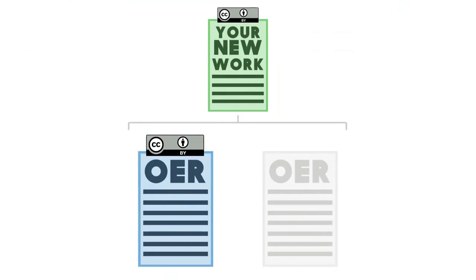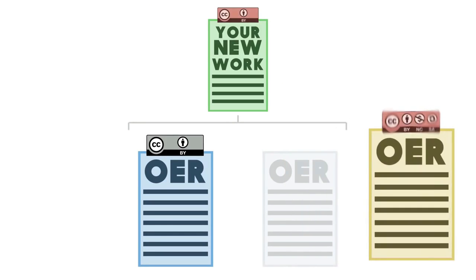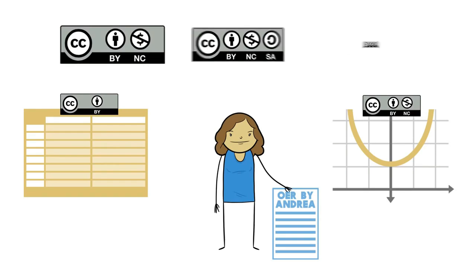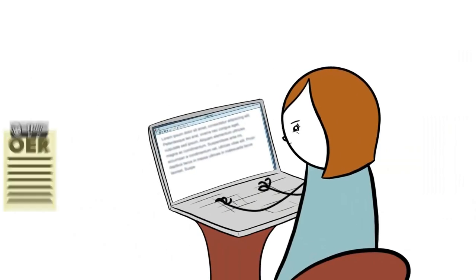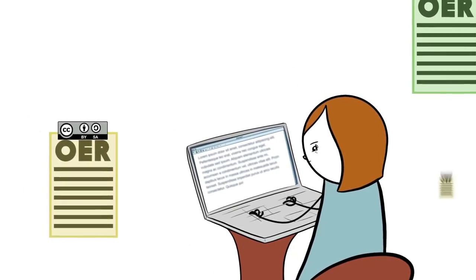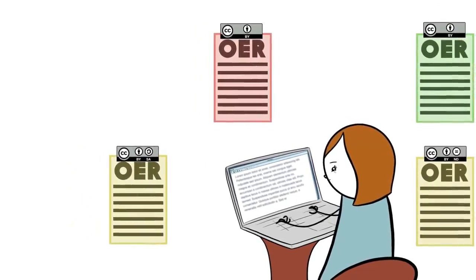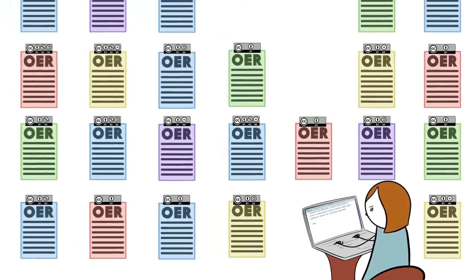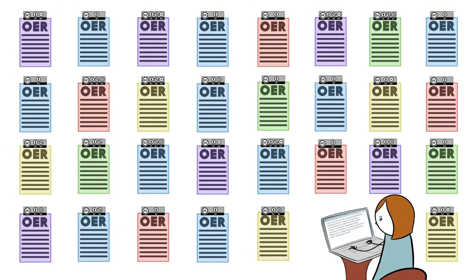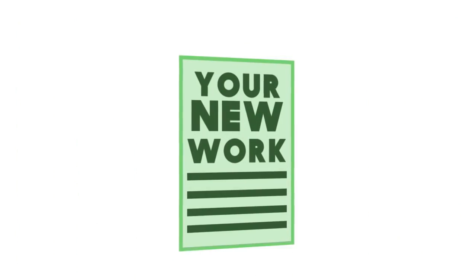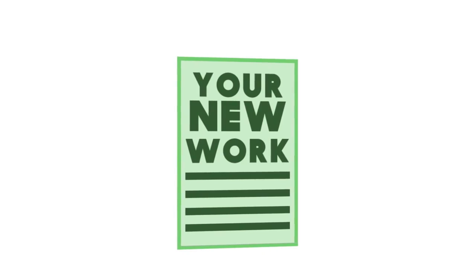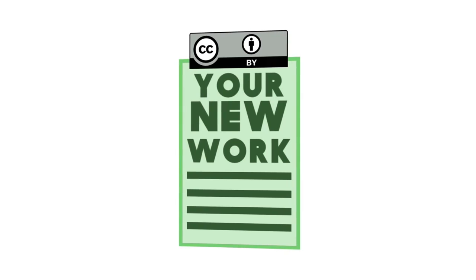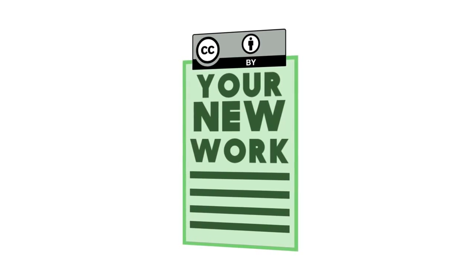When it comes down to it, some combinations of licenses just aren't compatible, and some combinations, like Andrea's, give several options. Fortunately, the number of resources with open licenses is huge, and it's growing every day. So don't give up if the work you want to use has an incompatible license. There's plenty. It's pretty easy when you get the hang of it. Now you'll be able to produce properly licensed open educational resources that could benefit many people. So good luck!